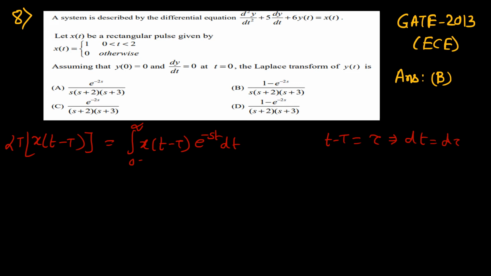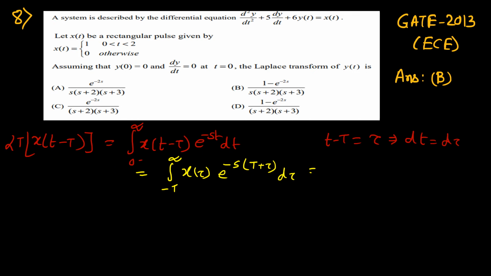So can I write this one as x of tau, e to the power minus s, and t I can replace, it is t plus tau, and it is d tau, and the limit we can change to remain infinity, and whenever it is 0, tau could be from minus t, whatever it is. Okay,